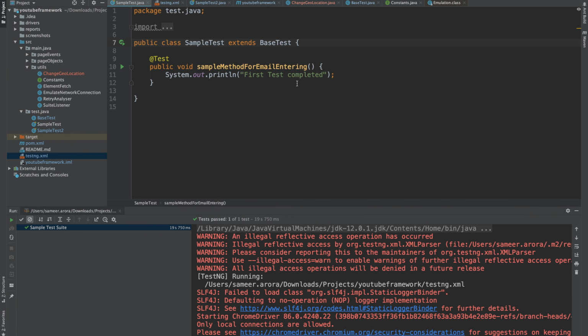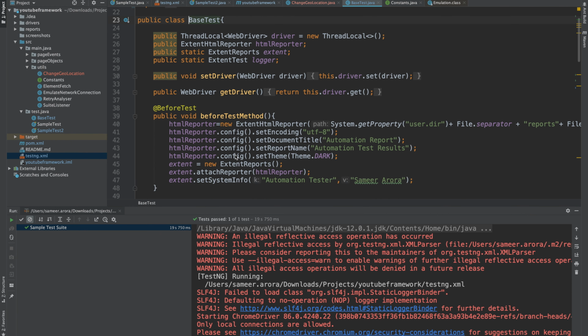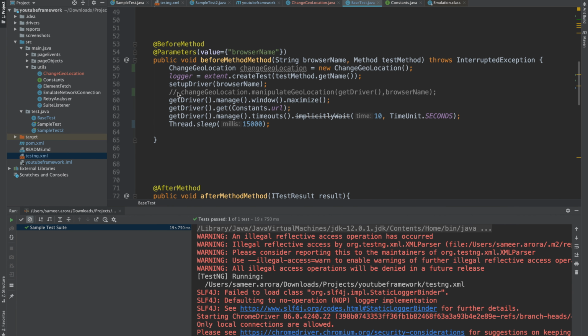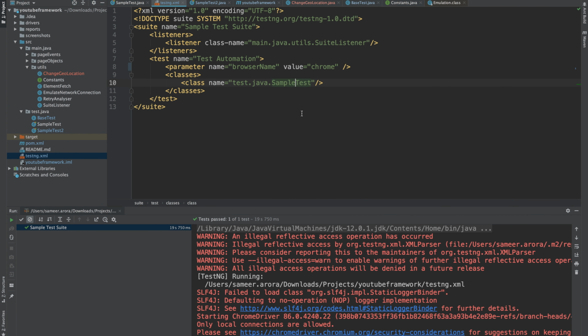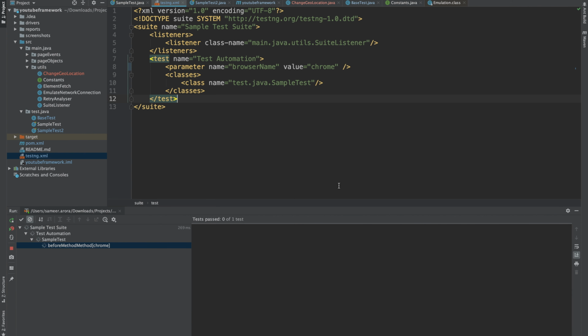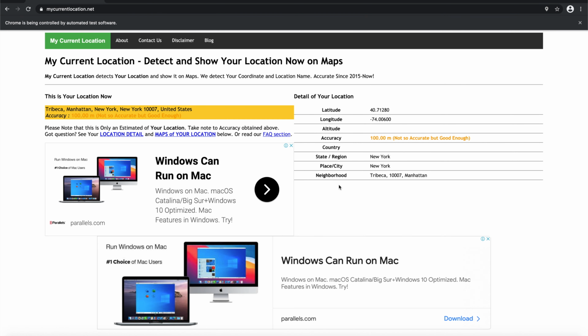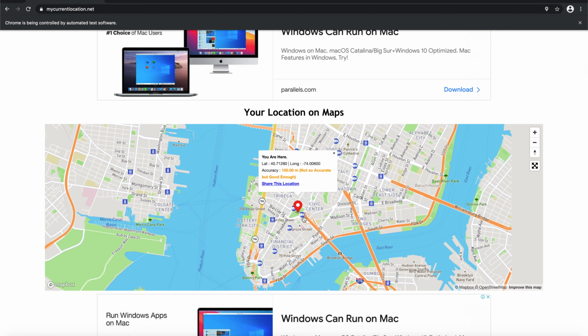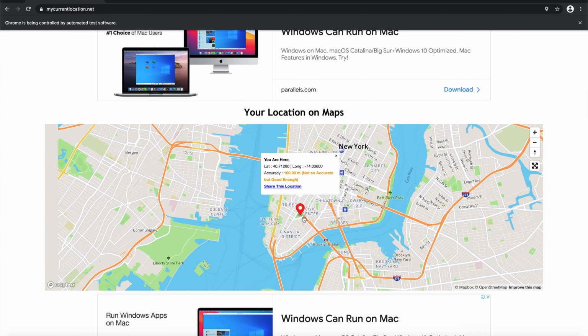Now let's uncomment that particular line of code and see what the difference will be. So I'm uncommenting this, and now let's try to run the code again. And we can see that the web page has been opened, and the lat long is completely different, and these are the ones that we have actually set from our code. And here we can see that the location is also updated, and it is New York that is getting displayed here now. So the script has been completed.